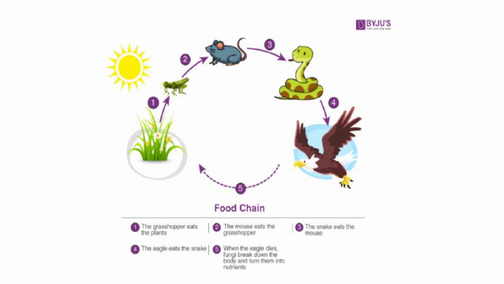So energy flows in one direction, from the sun to producers, then through consumers, and finally back to the environment through decomposers. So producers make food, consumers eat other living things, decomposers recycle nutrients. Energy decreases as you go up the food chain. That's why there are fewer top predators like eagles.